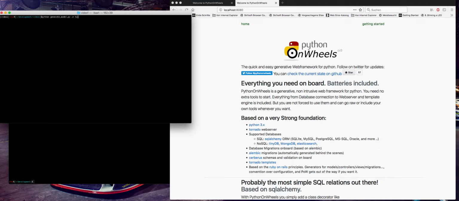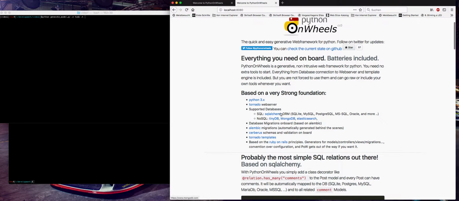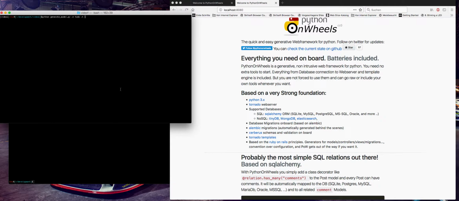And we name this to do, and we can choose a database environment. As you can see, we have lots of databases supported. We have SQL databases like SQLite, MySQL, PostgreSQL, MS SQL, Oracle, everything that's supported with SQLAlchemy. And also we have NoSQL databases: tinyDB, MongoDB, and Elasticsearch. And for this short introduction video, we choose a NoSQL database,